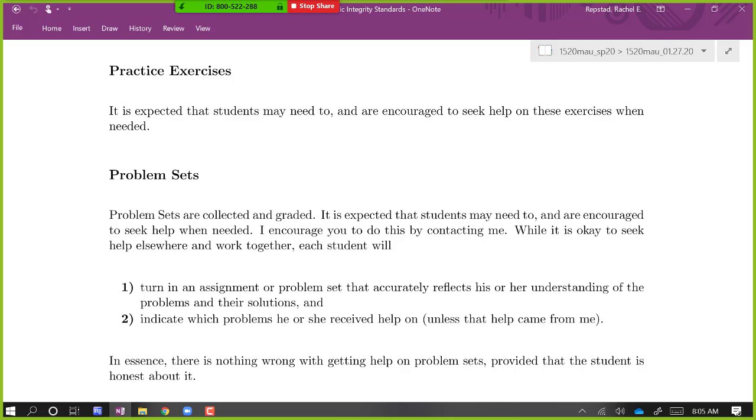On problem sets, please, if you want, work together, ask questions, get help. The stuff that you could take home, I'm expecting that you might avail yourself of notes and resources that you have, as long as the solution that you turn in accurately reflects your understanding of the problem. If that understanding came after getting help, fine, that's great. That's how learning works. I want to make sure that when you get help on a problem, it's not just to get a solution down, it's because you're actually understanding how the problem works and why that solution is the solution.